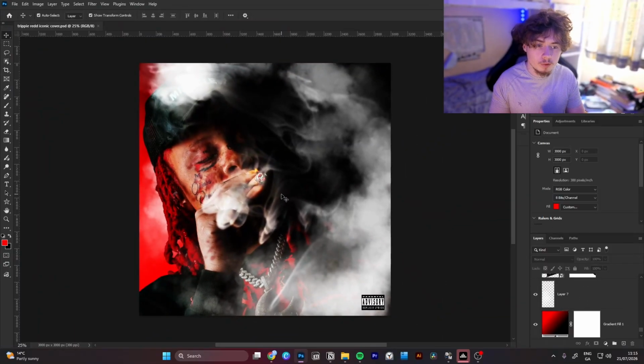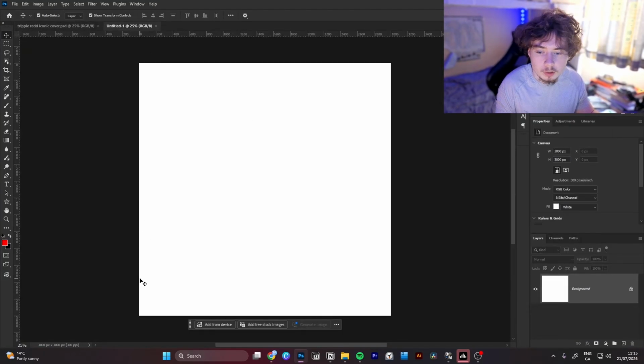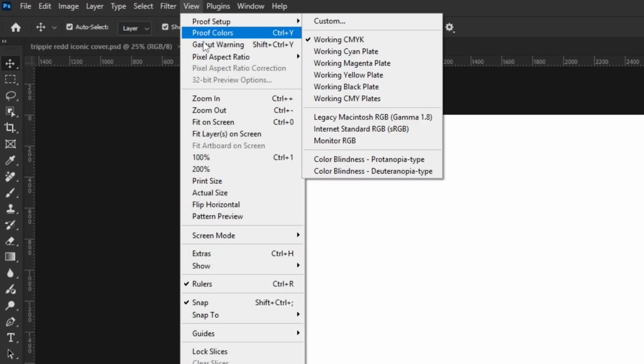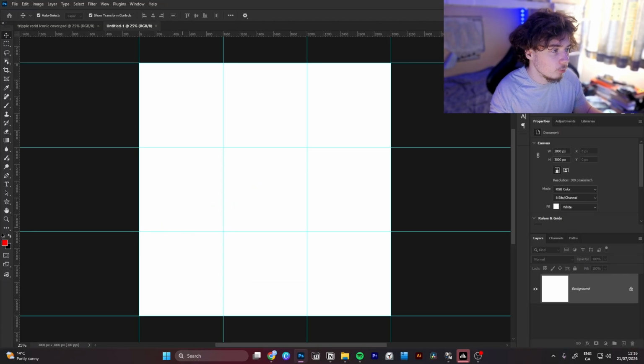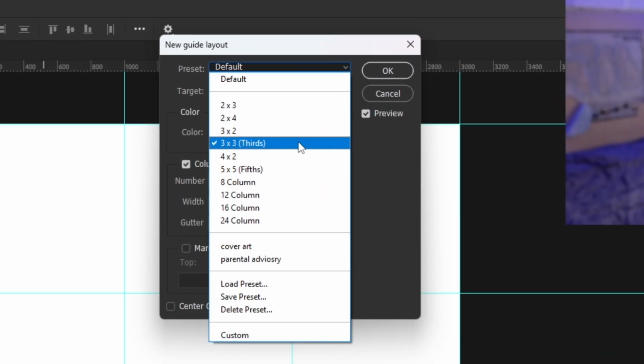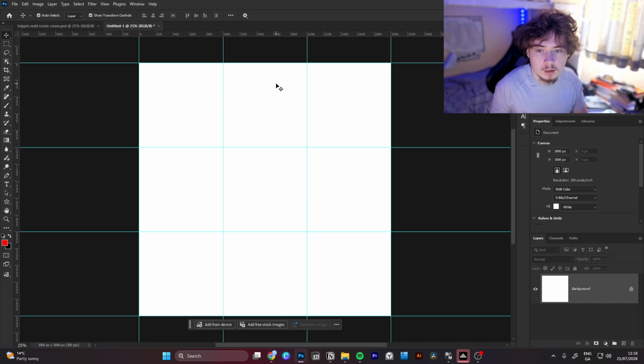So this is the cover art I created using this method, and it looks pretty similar to A Love Letter to You 4. The first thing I'm going to do is set up a 3000 by 3000 pixel document, and we go up to View, then Guides, then New Guide Layout, and make sure we have the 3 by 3 preset on. This is a pretty commonly used guide for cover arts and even photographs. Now this isn't the method, but we can use this to help us create a more visually